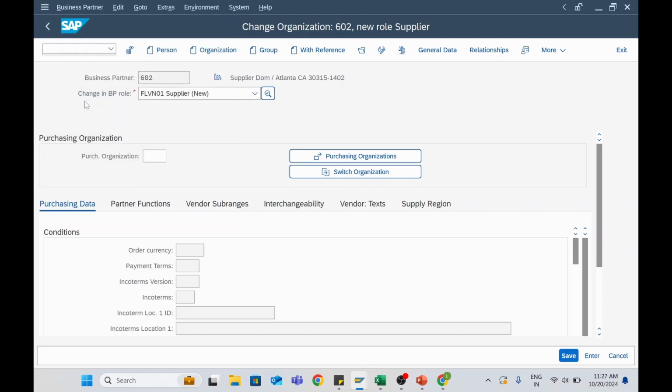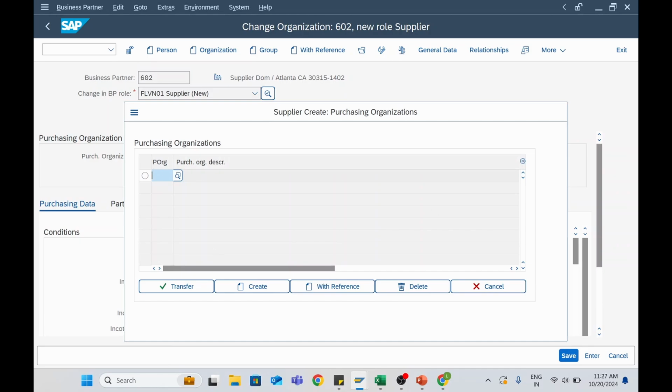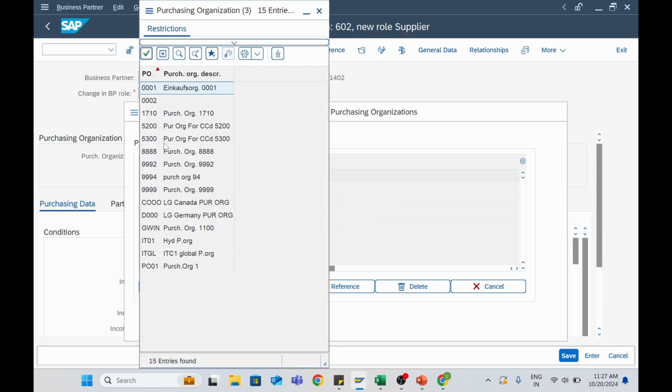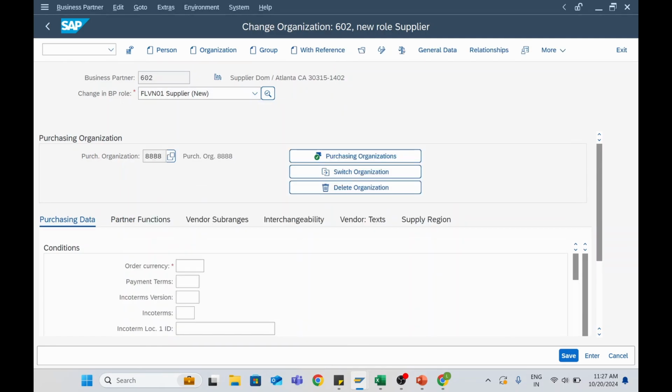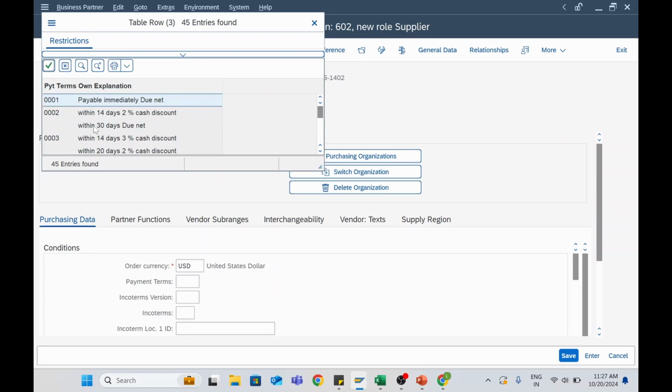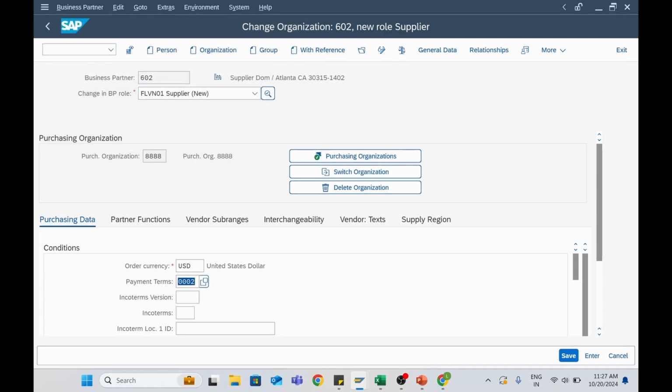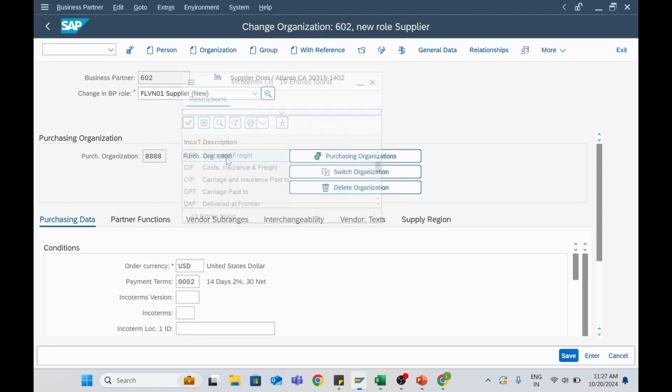All eight. Yeah. So if you go here, my purchase organization, and you will have your respective purchase organization, and select, you can transfer it, and it will be sitting here. What is the order currency of your supplier? And what are all the payment terms? Maybe finance level is that. Okay, so in purchasing, your discussion happened with the vendor or supplier. This is the one. And Incoterms, CFR I am taking, and